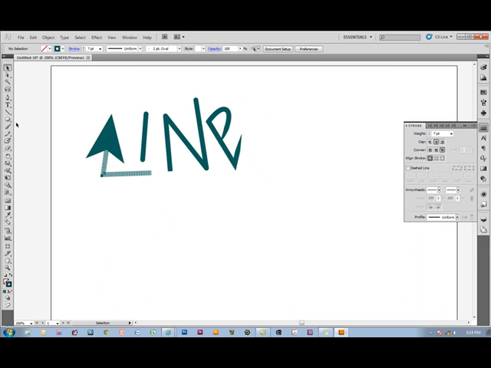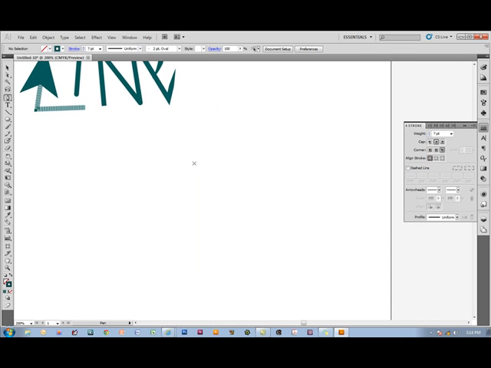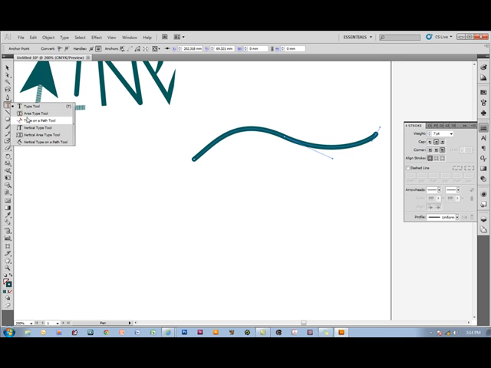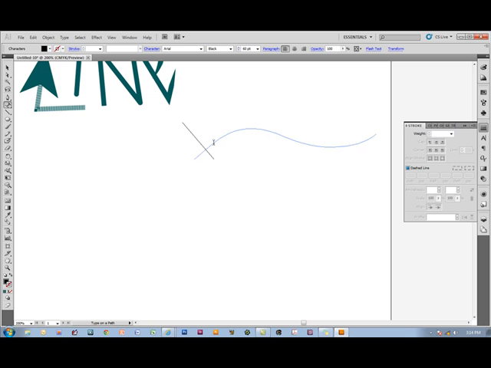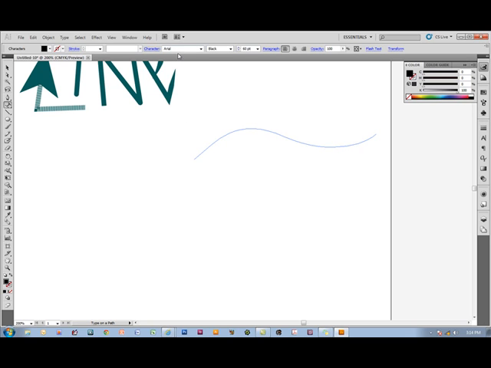Next one, I'll show you a little thing called typing on a path. So you create a path. The way you create a path is we're just going to create, say, a simple curve shape. And what you do is you hold down the text toolbar and you say type on a path, and you say I want to type on this path. So we might bring it up here, have our font, we can just leave it as that, and we can see that when we type direction